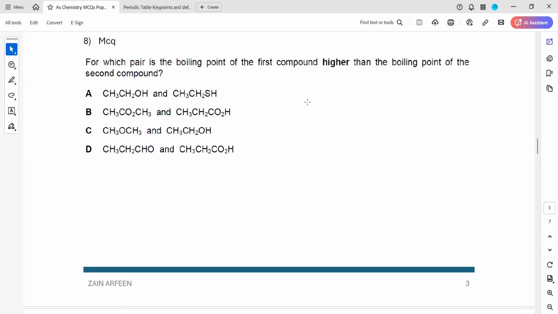Which pair is in the boiling point? A: the first compound is higher than the second compound. The boiling point depends on the intermolecular force. A hydrogen bond is the strongest type of intermolecular force compared to dipole-dipole or dipole-induced dipole. The induced dipole force is always there